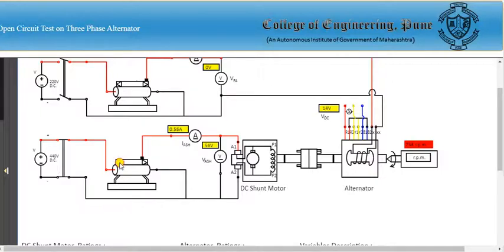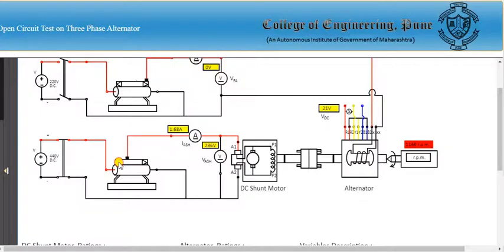You can see here we are increasing. Now it is 56 volt DC, and the alternator is running at 772 rpm. Increase the level of voltage here, and the rpm is increasing. You can see in the red marked area, this is the speed of the alternator and this is the shaft. Now again increase the speed by increasing the voltage of the DC shunt motor. Now it has reached 1000 rpm. Again increase until it reaches 1500 rpm.